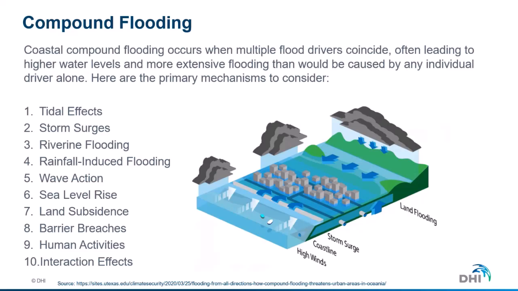And here are just some examples, like I've mentioned before: tidal effects, storm surges, riverine flooding, everything from rainfall-induced pluvial flooding to, of course, also future slower processes like sea level rise and land subsidence, which then can, in the long term, exacerbate flooding when combined with these other drivers. There's also changes, of course, to weather patterns and potential changes seasonally on the Great Lakes, for example. There can be changes to ice cover, which could have a big impact on the development of waves and strong